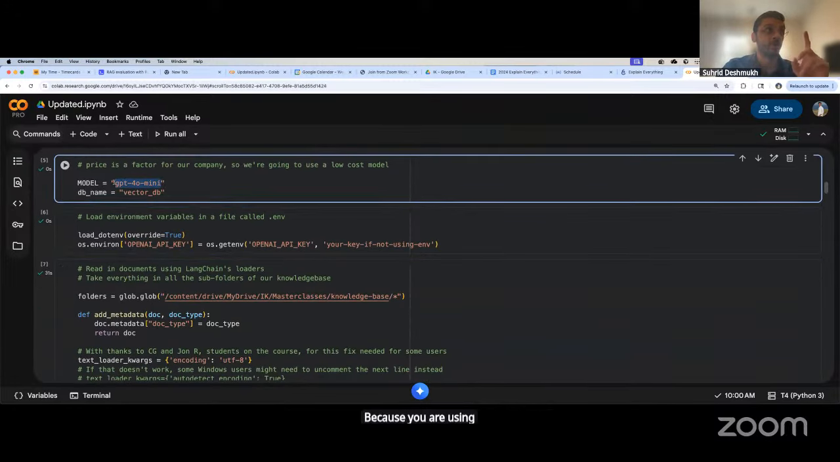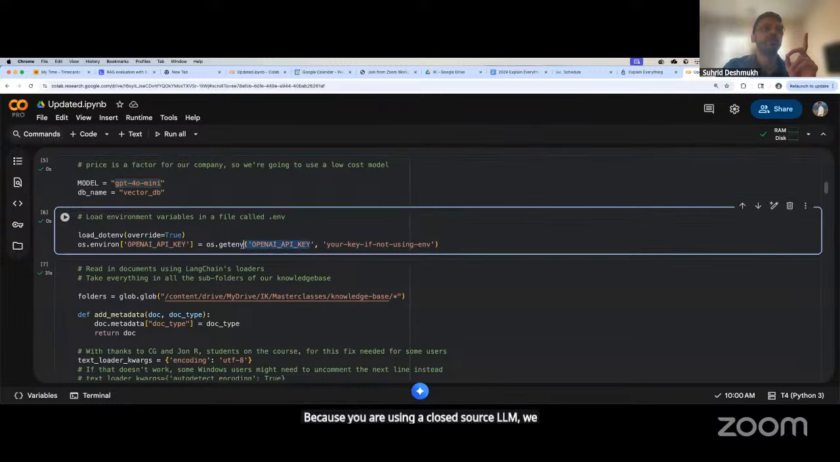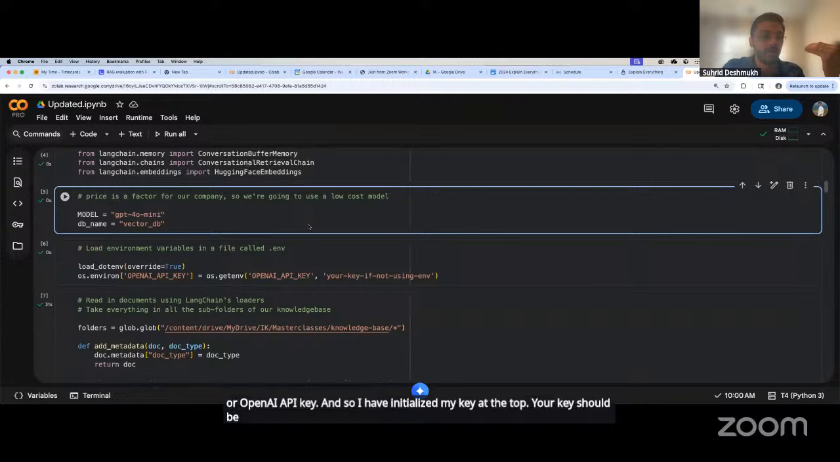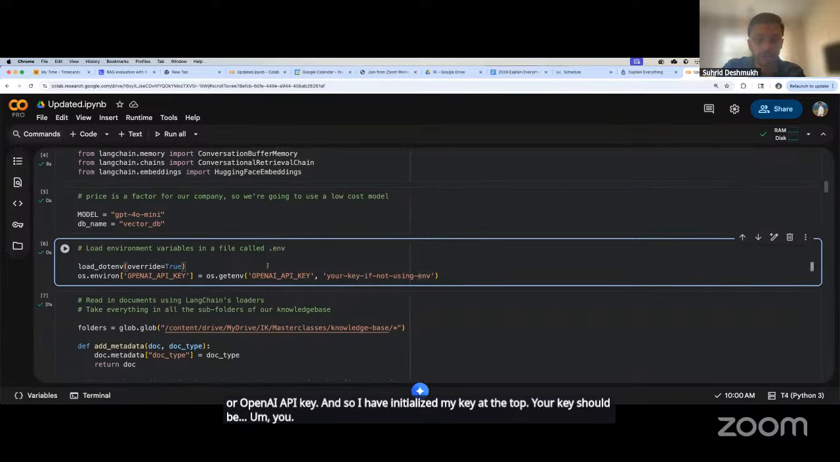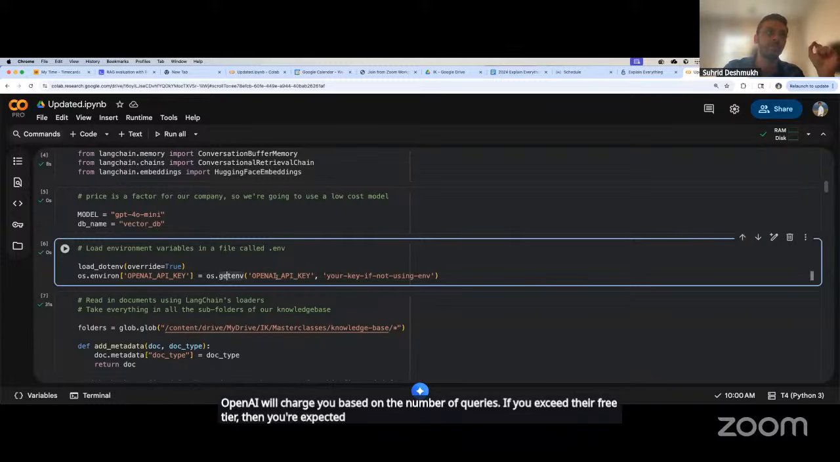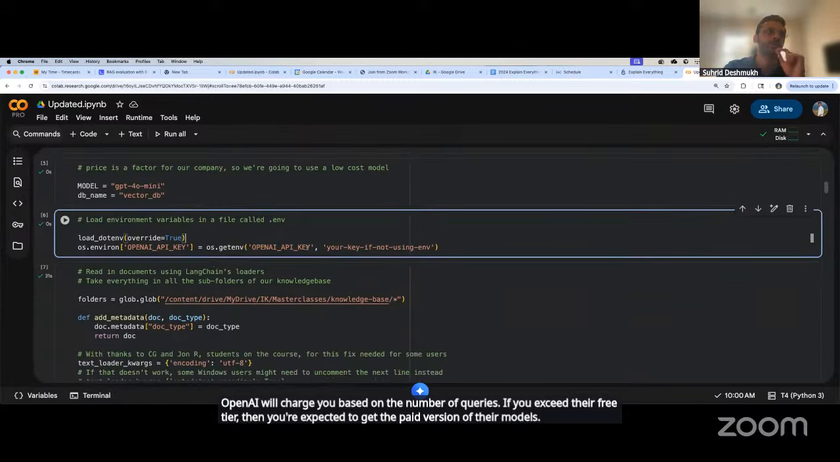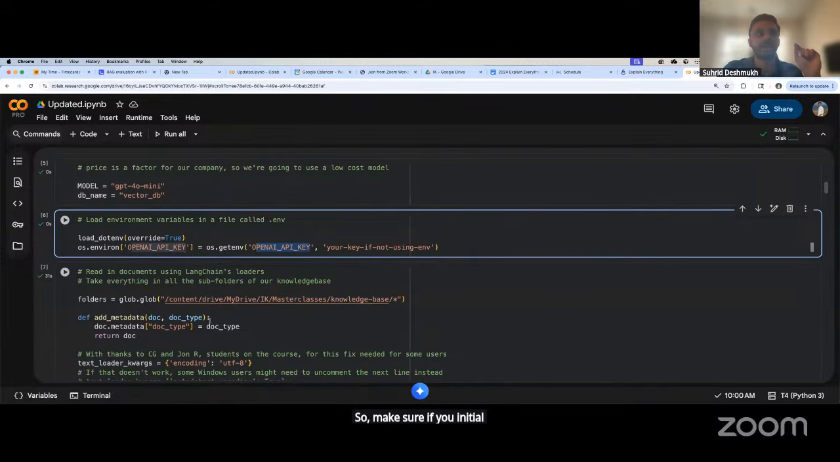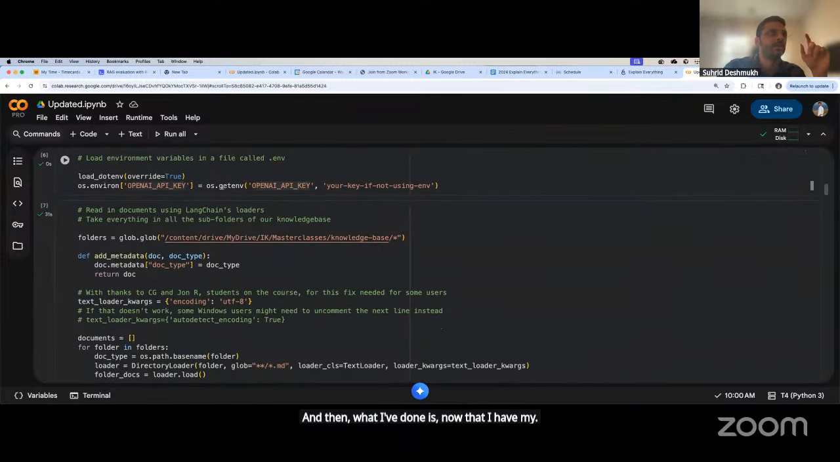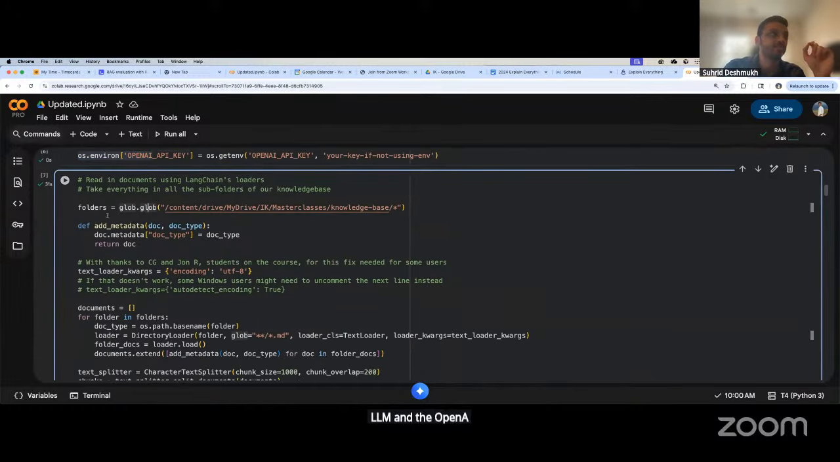Because you are using a closed source LLM, we will need an OpenAI API key. And so I have initialized my key at the top. OpenAI will charge you based on the number of queries. If you exceed their free tier, then you're expected to get the paid version of their models. So make sure if you initialize your OpenAI key, it's not public, it's a private key. And then now that I have my LLM and the OpenAI key set, all that I'm